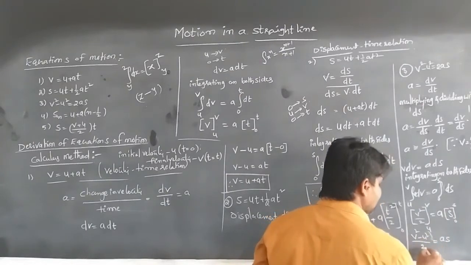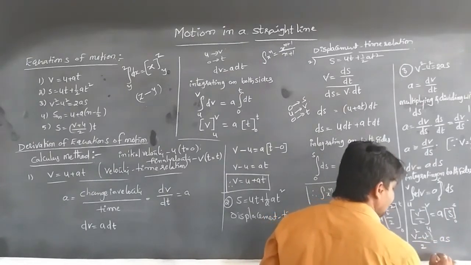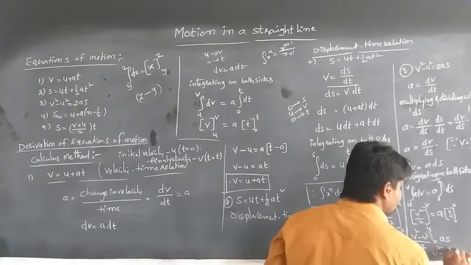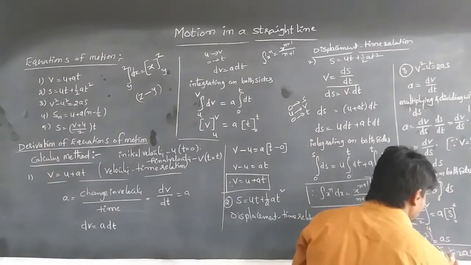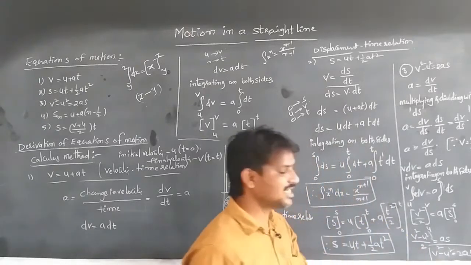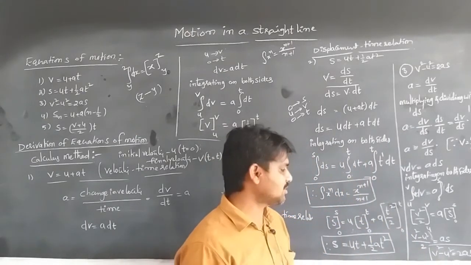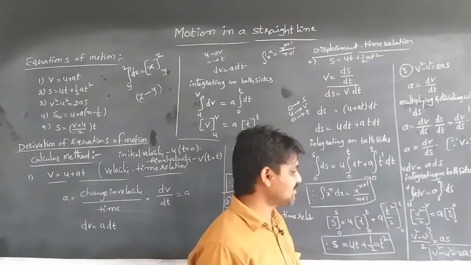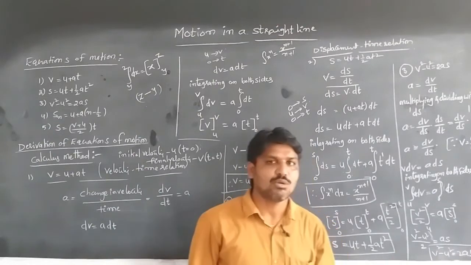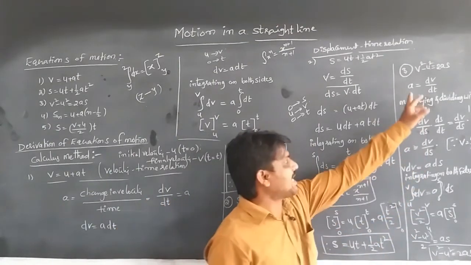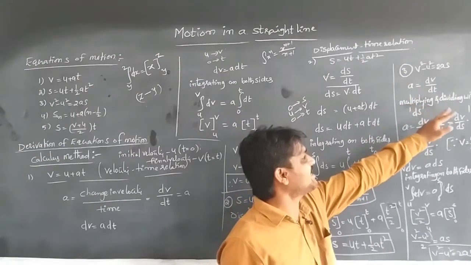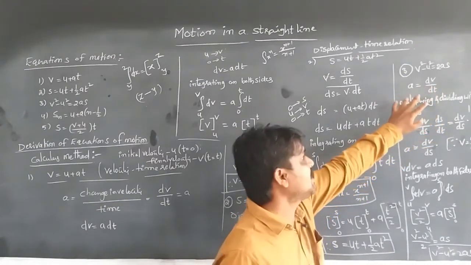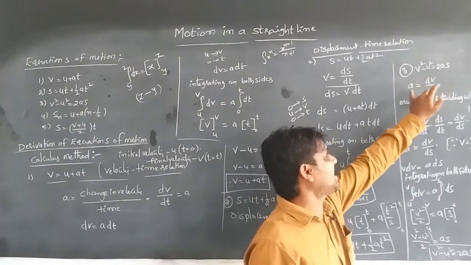So by this equation, whenever the 2 is taken to this side, then v square minus u square is equal to 2as. This is the relation for the kinematical equations of motion, derived by using the calculus method, the third equation of motion. Once again, acceleration a is equal to dv by dt, multiplying and dividing with ds. The rate of change of velocity is called acceleration.